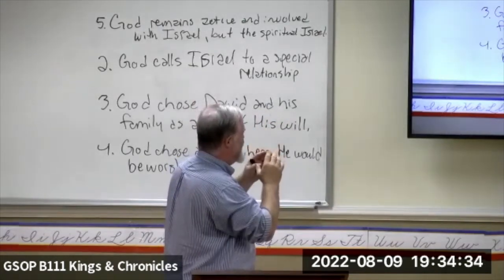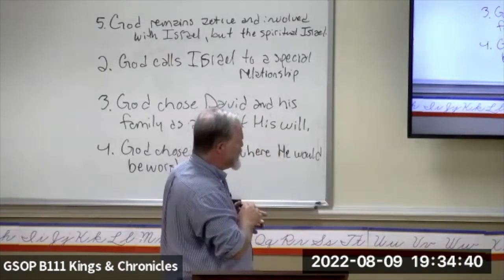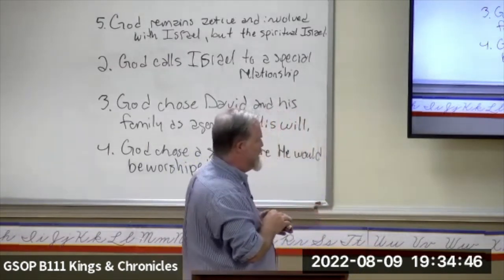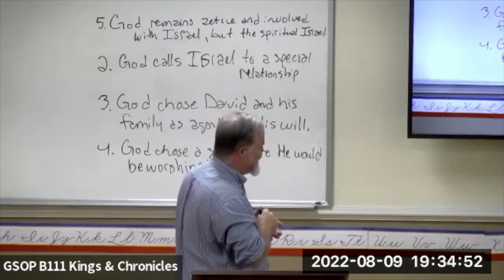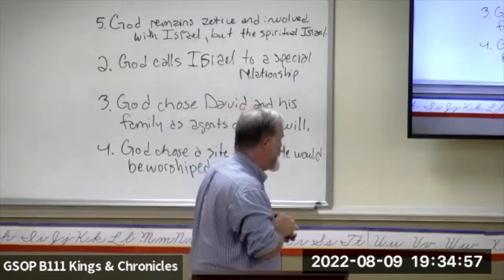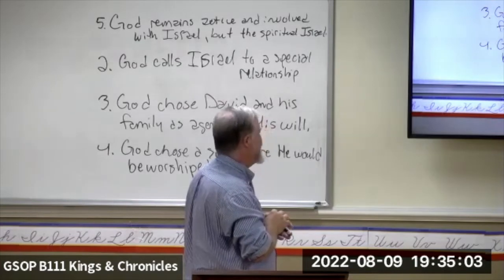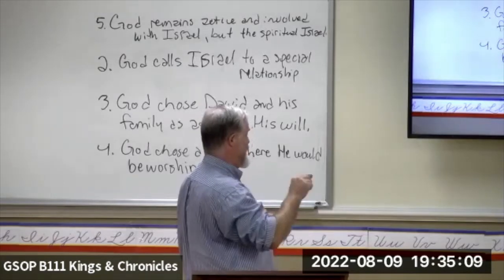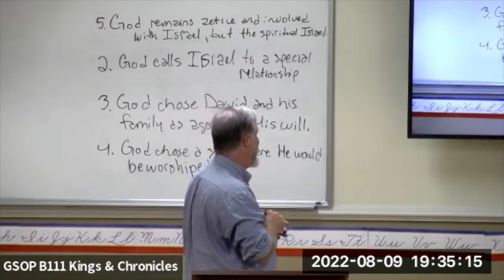That's what many people who want to poke holes go with. Well, we see here that this date can't possibly work. And we have to be careful that we don't get bogged down in that idea. Well, we have reason to believe that this date was not quite what we thought it was, and this throws doubt on the authorship of whatever book it might be, whether it's Chronicles or Ezra or Kings or any of those. That's why I've said from the very beginning, I'm not going to get involved in the dating process in regards to this book, because it's too easy for people to try to attack it. There's no reason behind it.